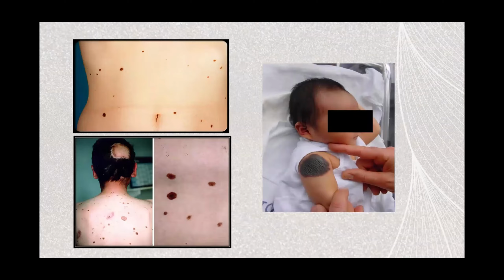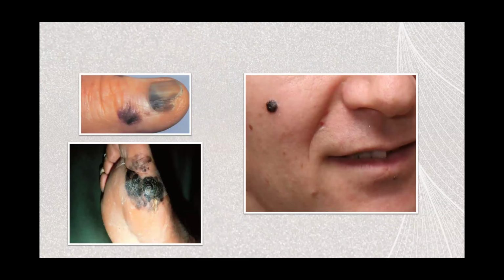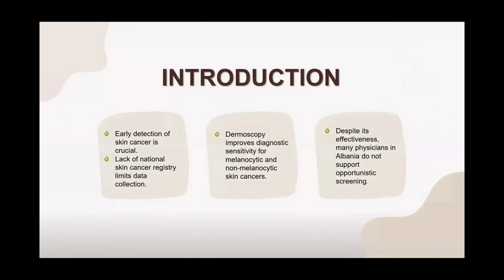undertook a retrospective study of 1,000 patients who underwent this examination in a dermatological reference clinic here in Tirana in two different time frames. And here are also some cases in which we use dermoscopy. We use dermoscopy to diagnose nevi, melanocytic nevi, congenital nevi, and so on, to detect skin cancer, to detect other skin problems. And these are also some cases of melanoma. You see melanoma of the toe, melanoma of the finger, melanoma on the face. So what we did,